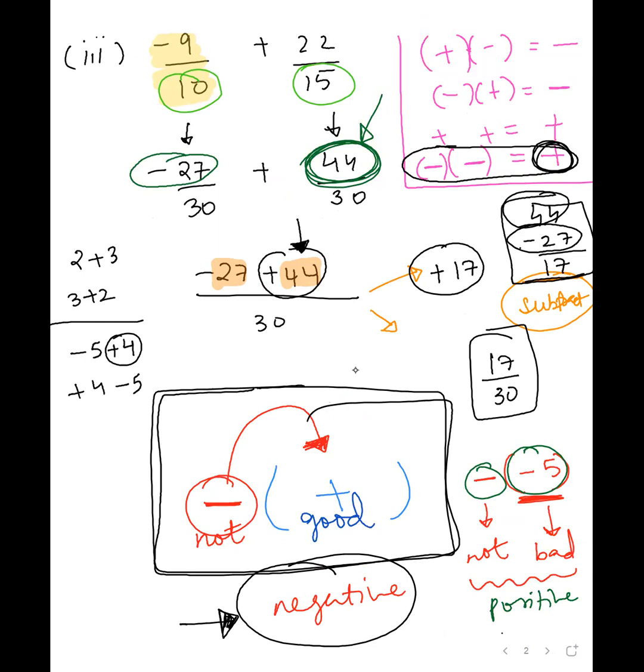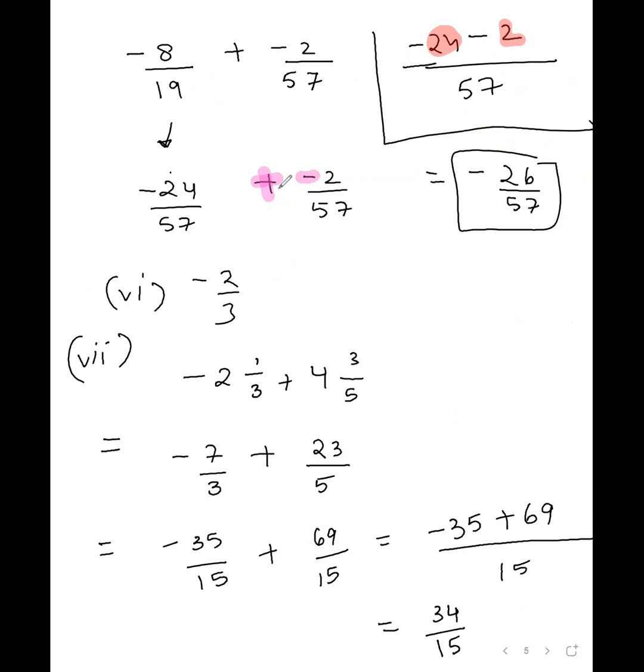Plus and minus are facing each other, so it gives you a negative sign. Negative is the one that dominates. Okay. Again, Hiba, this is the same logic that you are adding a negative thing. Okay, if I say